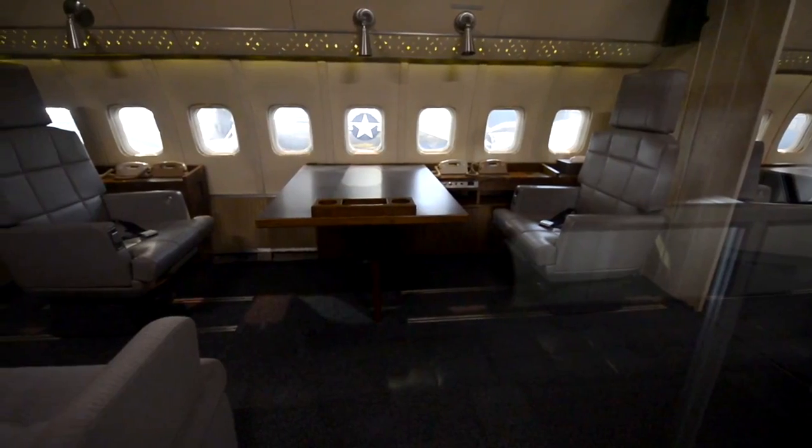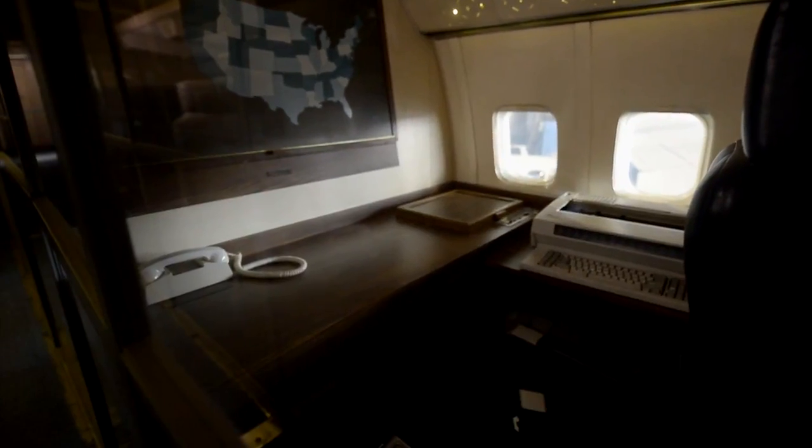It brought with it a host of new things that the President had not had access to. First off, the speed and the elegance. This is an elegant airplane, but it also provided communications where he could speak with anybody on the ground very, very quickly. This is the aircraft that carried President Kennedy to Dallas on that fateful day in November 1963 where